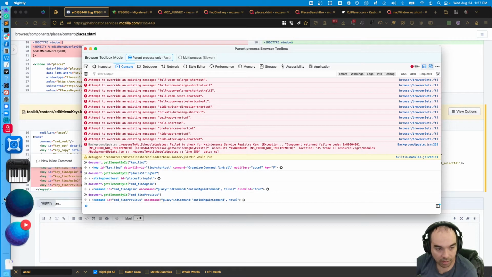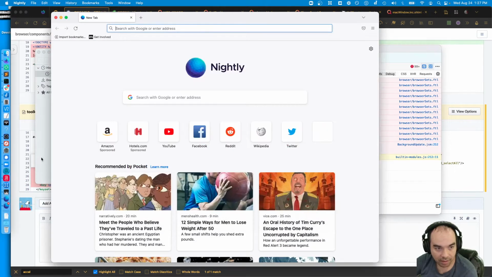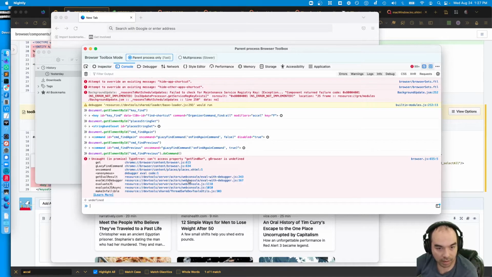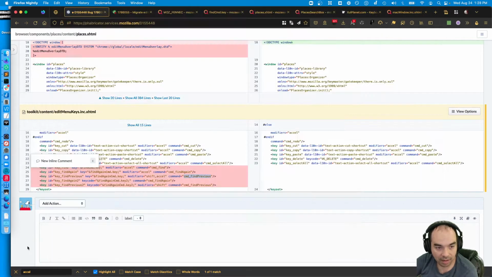I'm just curious, what happens if I fire that command? Do command. Can't access get find bar. gBrowser's undefined. So some of these are being used inside of the places window, but they're not wired up to anything sensible.